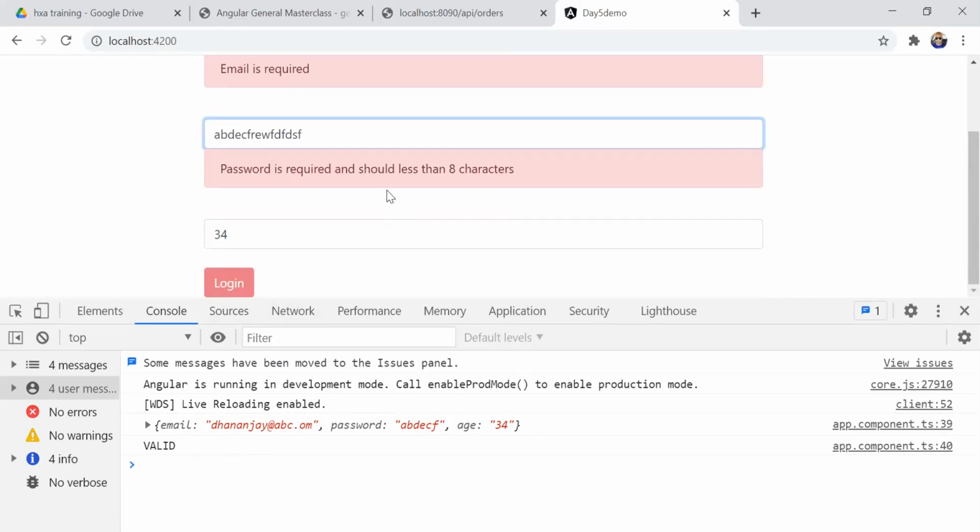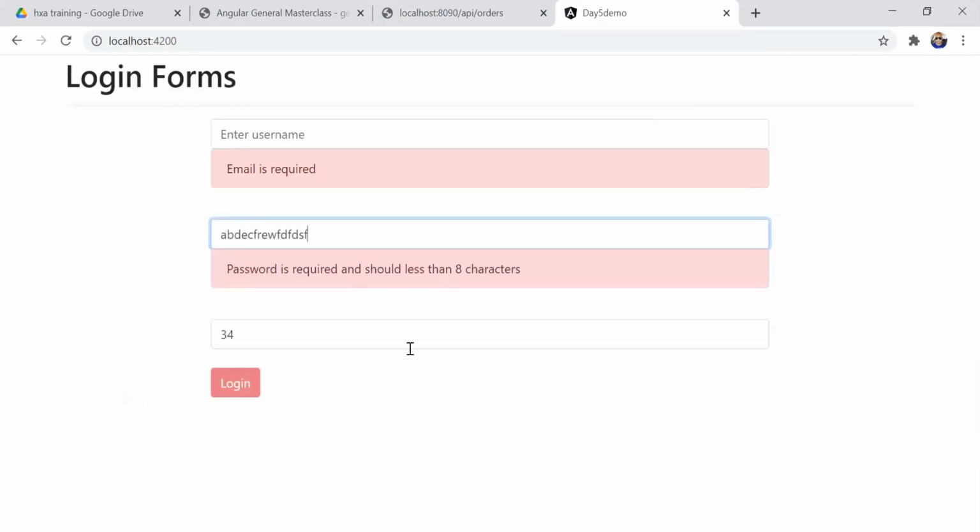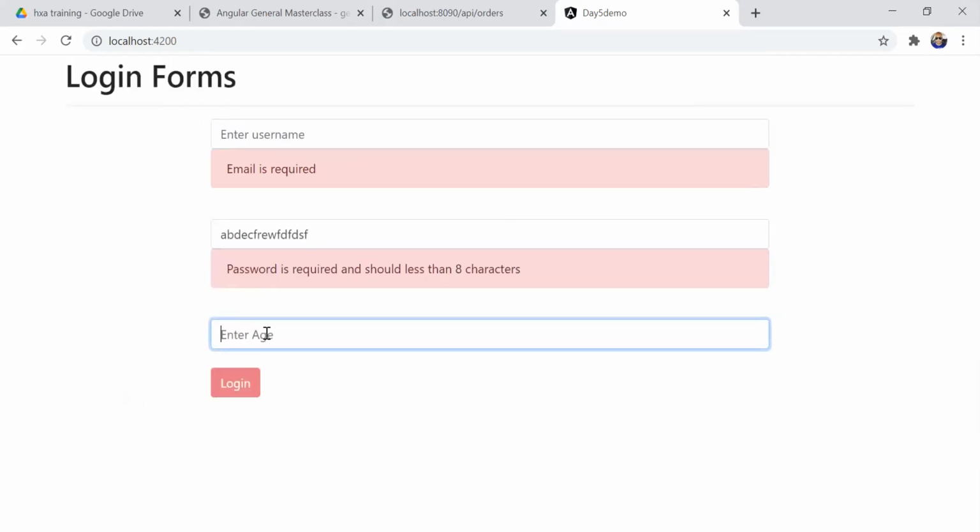If you're passing more than 8 characters, you are getting that error. This login button is disabled and all is already there. Now we have a requirement that our manager is back and saying that, hey, you need to make sure that